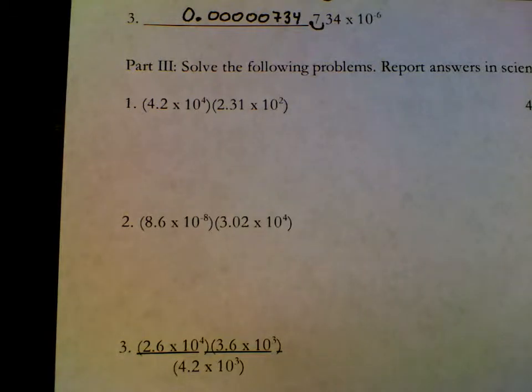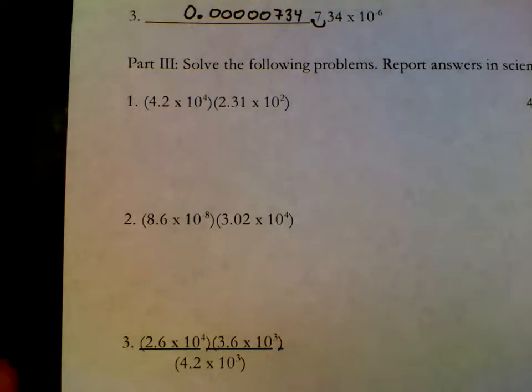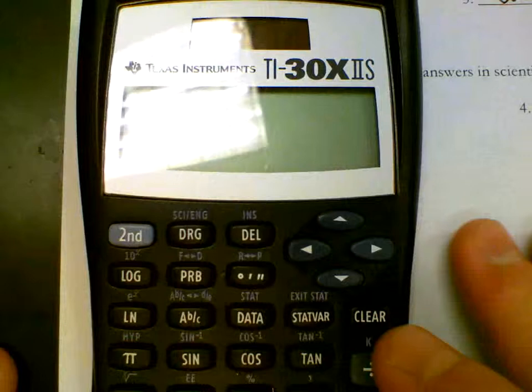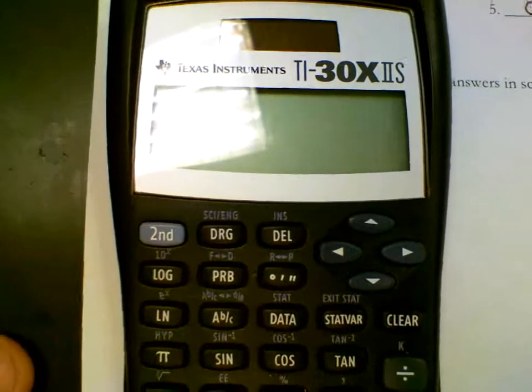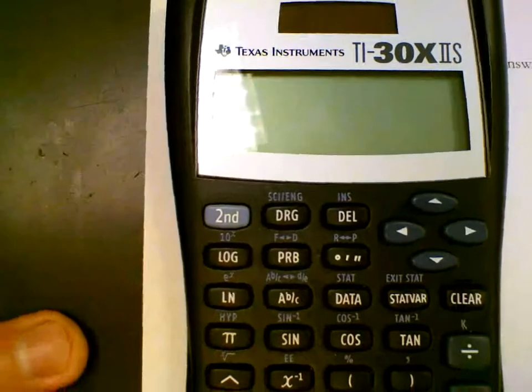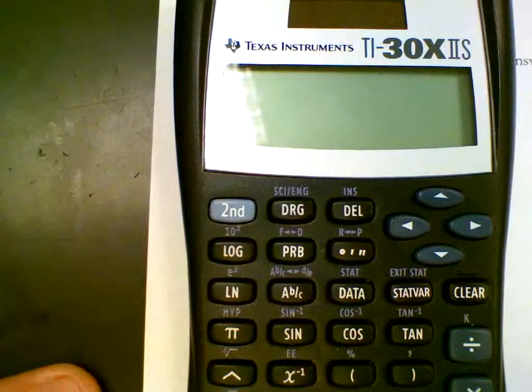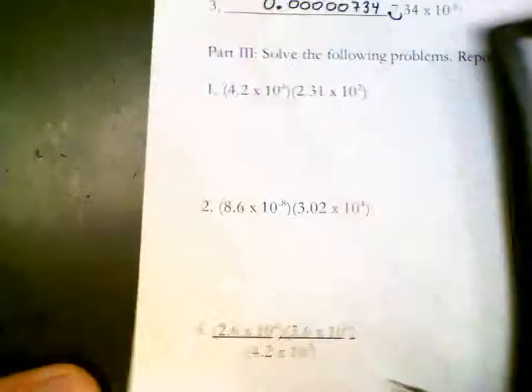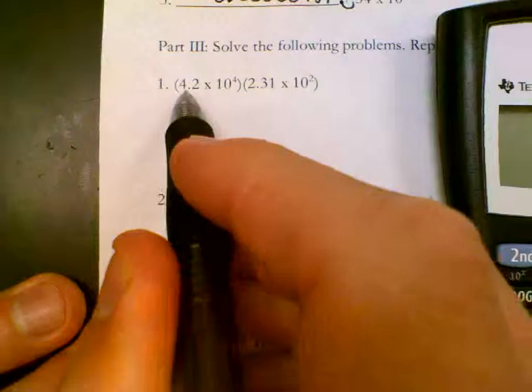Part 3 of the scientific notation sheet requires that we use our calculator to make calculations, which means we need to know how to use the different buttons on the calculator. The scientific notation key on this calculator and all of the Texas Instrument calculators is very similar, looks pretty much the same. How to do the scientific notation is we're going to take the front part of the number, the coefficient